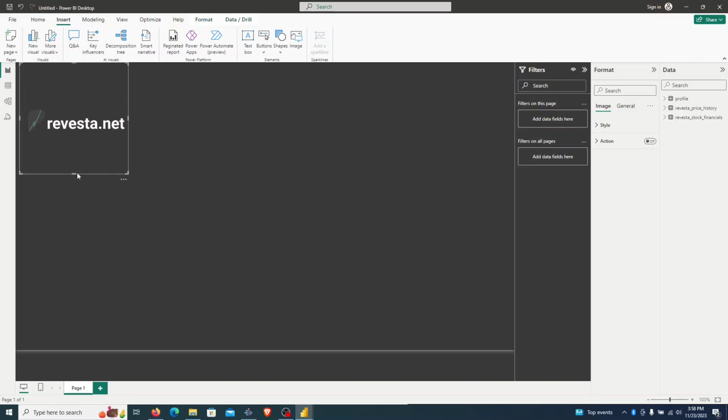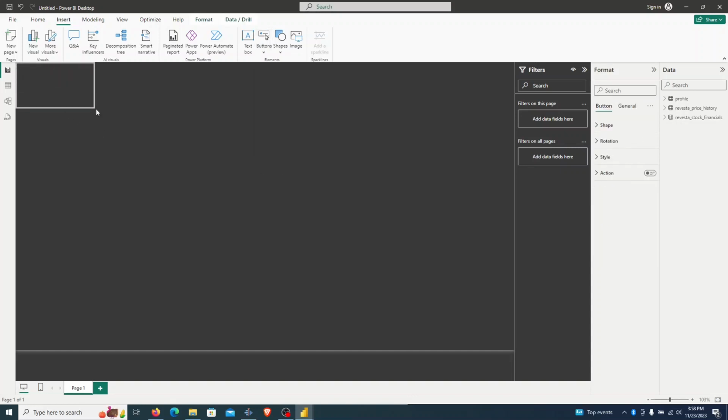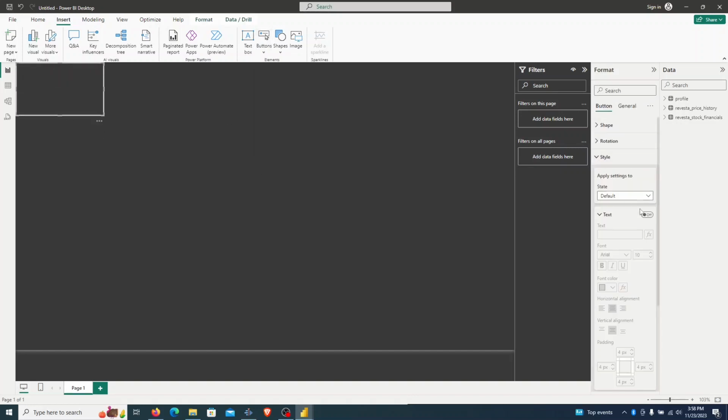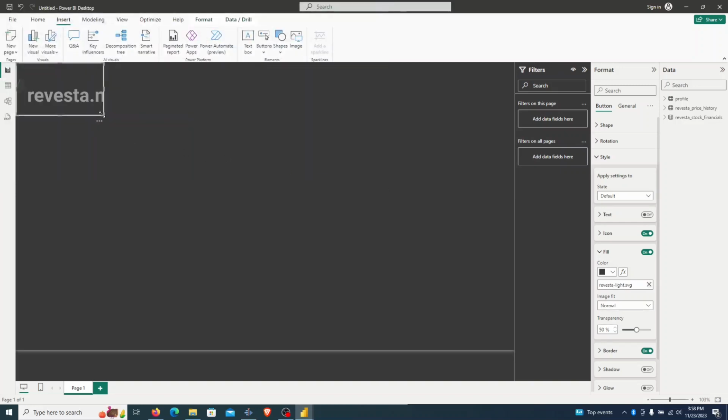And you can do something like this where you just format it nicely up here in the top left. But we're going to use an SVG. And how you do that is you just choose a blank button. Once you have your blank button, go to the style, and it's going to be under fill. Turn this on, choose browse, and that's where you can either choose your PNG, JPEG, or your SVG. So let's choose the SVG, and let's